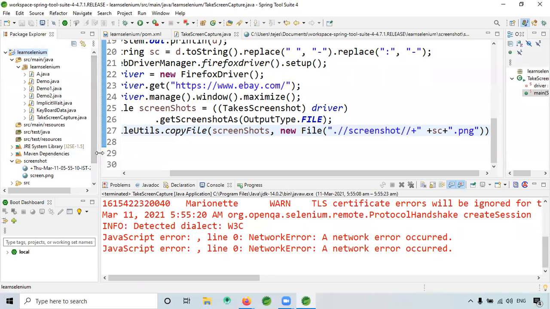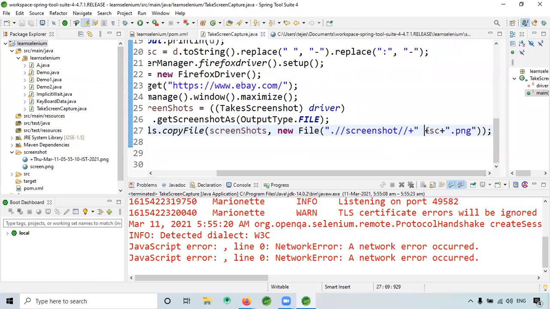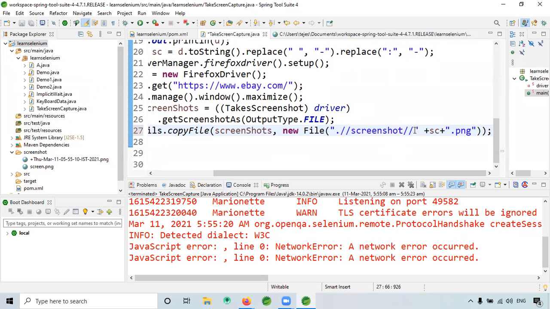See here. Yes. Thursday, March 11, like this. Does that plus have to come? I think only that plus SC is required, right? Yeah.